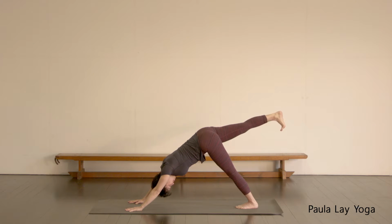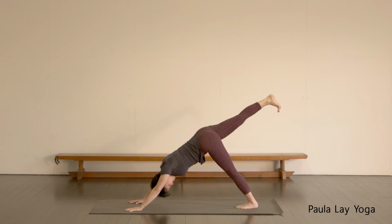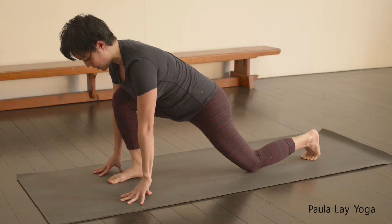Find that parallel leg, right little toes pointing down towards the mat. Keep breathing. Take an inhale, lifting that right heel up a little bit higher if you can, whilst maintaining that parallel line. On the next exhale, let's bring the knee to the center of the chest, step the foot forward